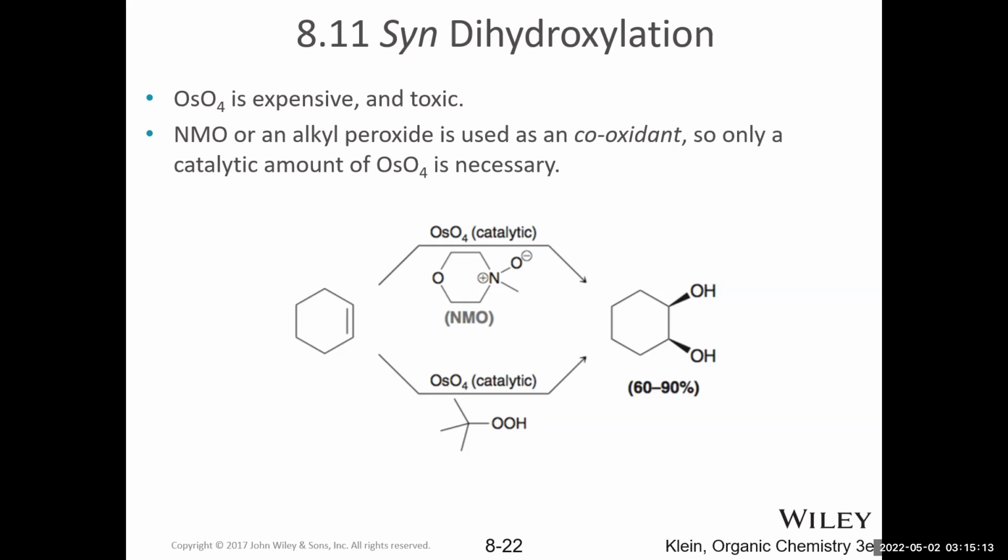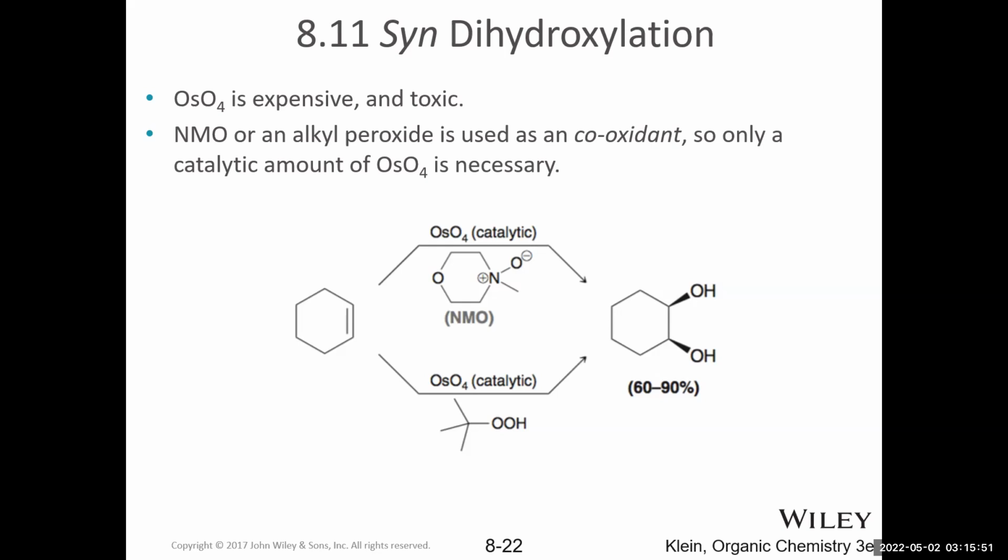So sometimes different co-oxidants will be mentioned and sometimes they won't. And a lot of times that will just depend on, in the lab, the scale of the reaction being used. For example, if I have 10 grams of cyclohexene that I need converted to the diol, then I would not want to use a corresponding equivalent of this very expensive and toxic reagent. I'd only want to use a tiny bit and then use a co-oxidant. However, if I had 2 milligrams, then it might not make sense to add a co-oxidant because it would only take a teeny bit of osmium tetroxide anyway.